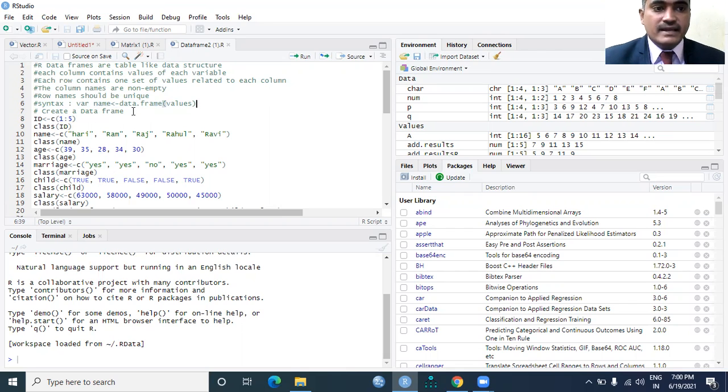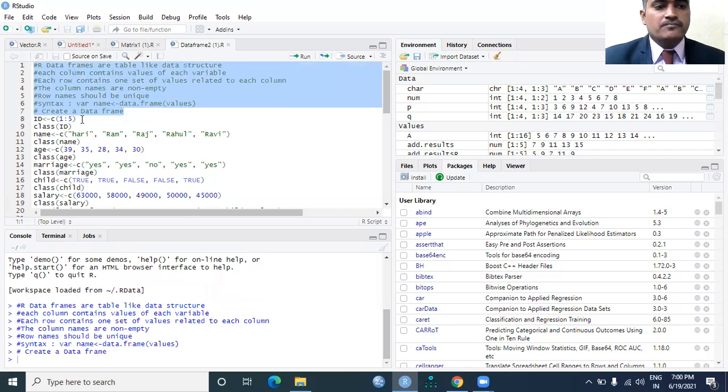So now we will create a data frame using R programming. First I would like to take a variable ID. With the help of the left assignment operator, I would like to include a series of numbers from 1 to 5 with a vector.